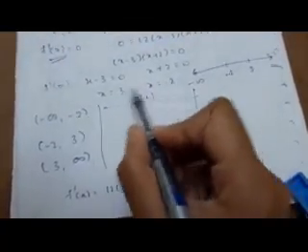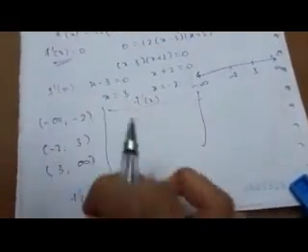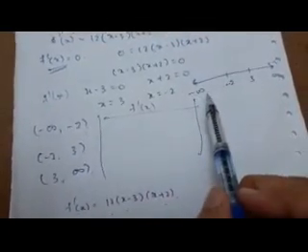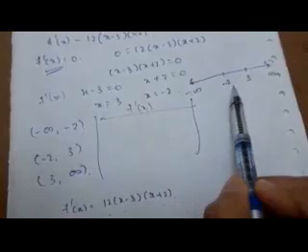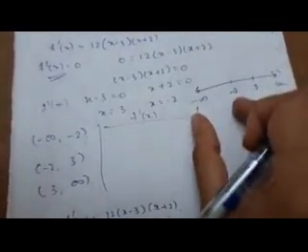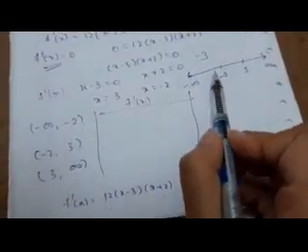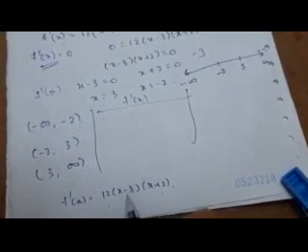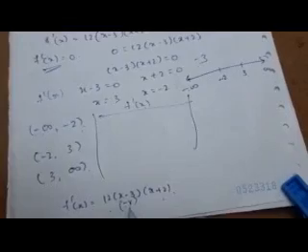So now let us consider what happens to the sign of the f dash of x function in each interval. First, minus infinity to minus 2. Let us take any point within this interval, say minus 3, because minus 3 is coming within this interval. When I take x is equal to minus 3, minus 3 into minus 3 means it is minus 6. So this term will be negative.